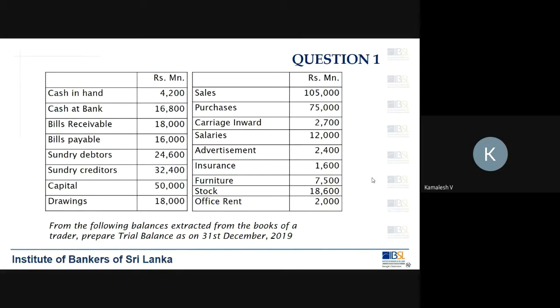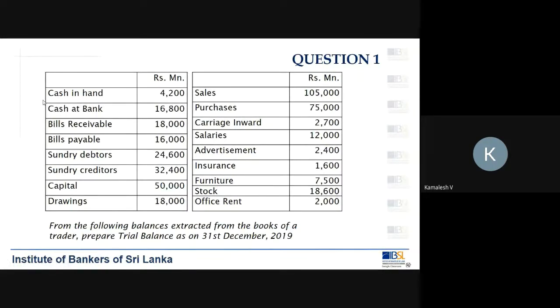What is that? That is why I told you, first you have to go through the list of accounts and identify what each of these accounts means, whether it is an asset, liability, income, expense, or equity. You have to mark that alongside on the left side. When you say cash on hand, if it is an asset, you mark it with a capital A.